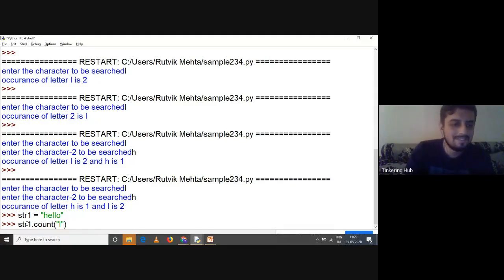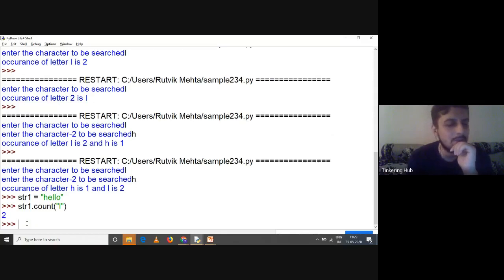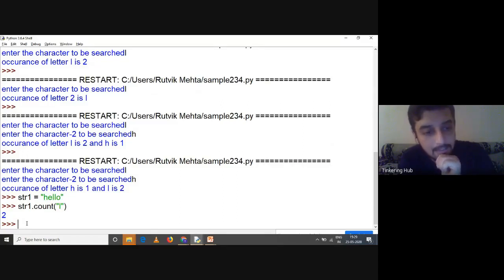So count does the same thing with ease. You don't have to worry about the implementation of this part. This is a kind of abstraction. Abstraction is hiding the implementation details from the user, right? We don't know how this count method is implemented on string objects, but it is working.